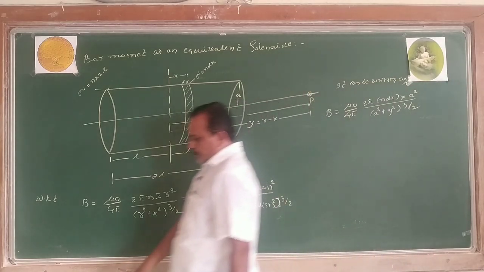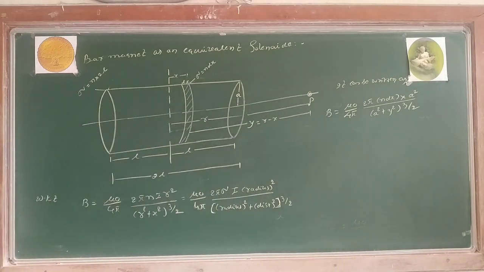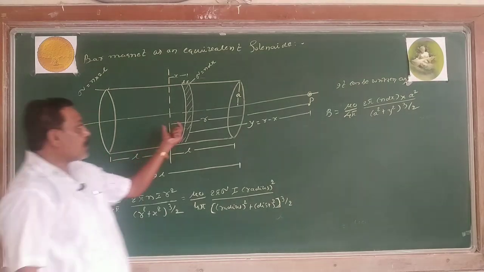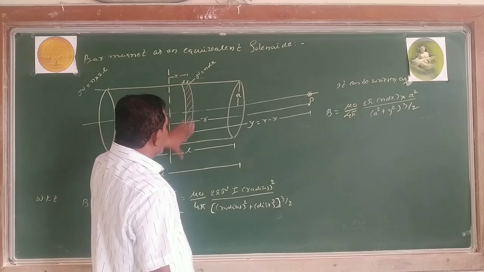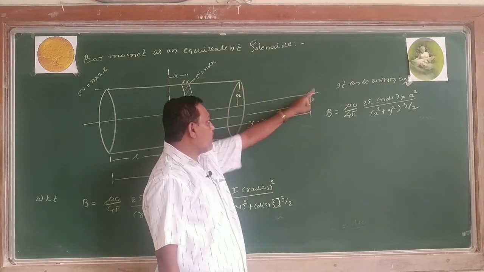Have a look at the whole equation once; I won't do anything else. I have already done the equation. Magnetic field at a point on the axis of a circular coil. Now this is a circular coil, and this is on the axis at a point P. P is at a distance what?